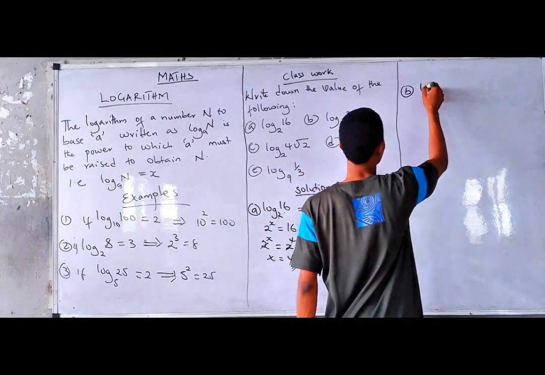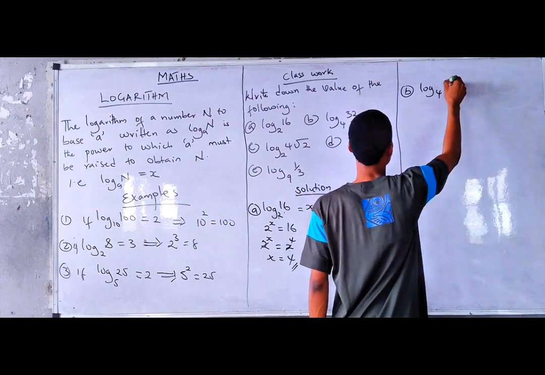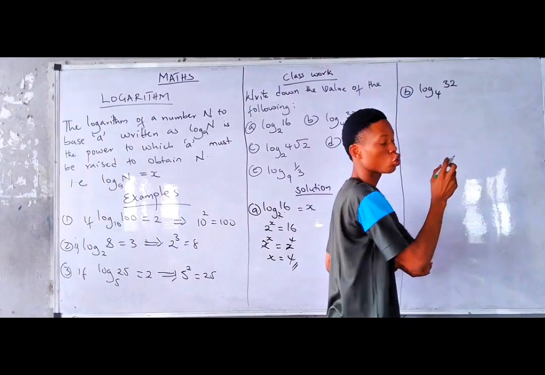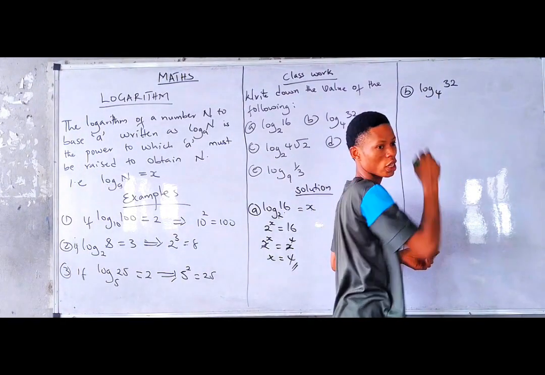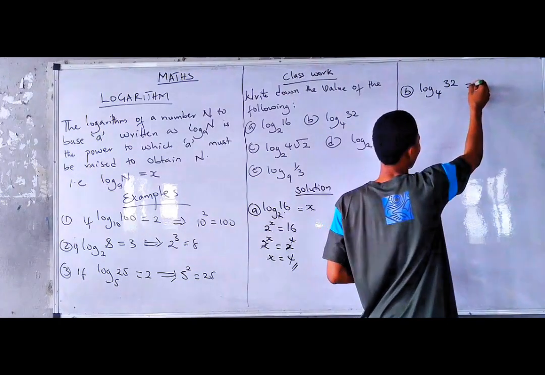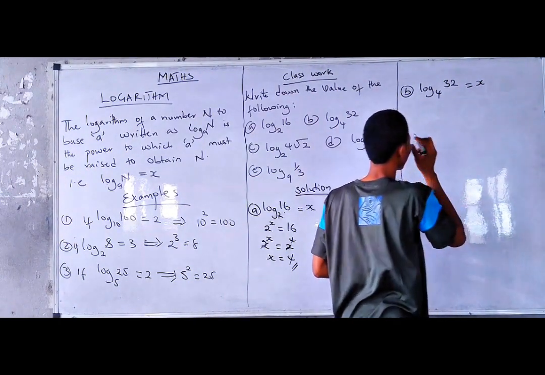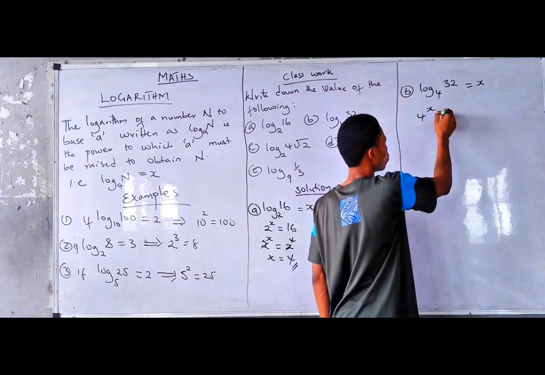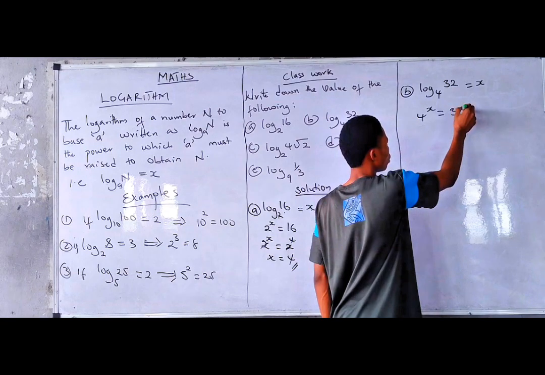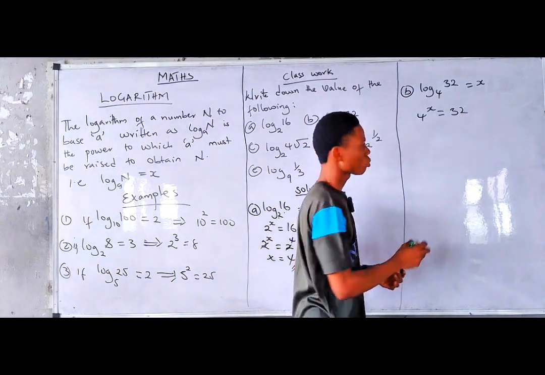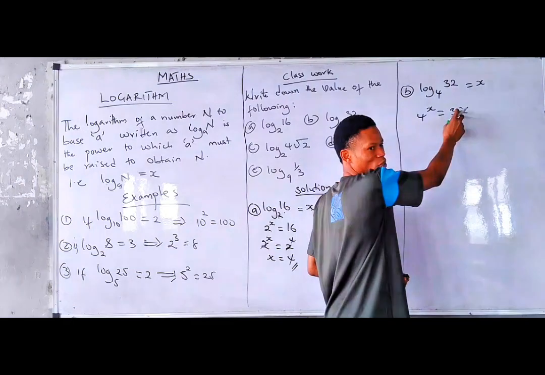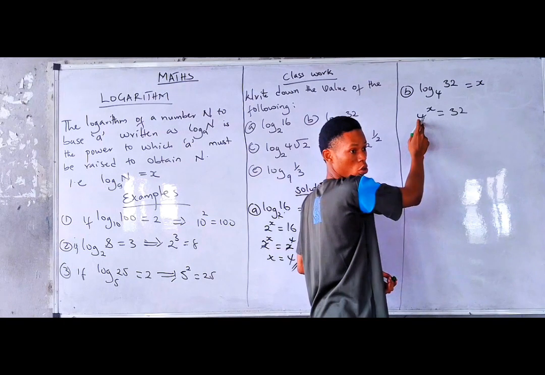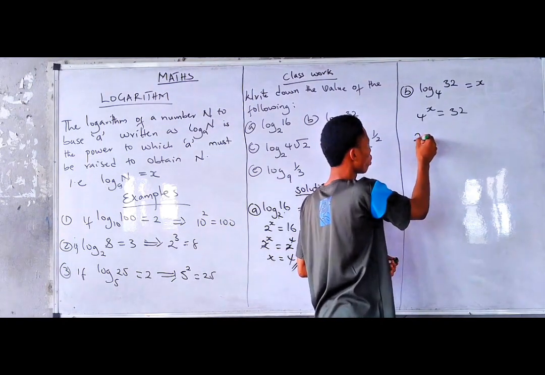B says log 32 in base 4. Now, as usual, 4 raised to power what will give us 32. I said you should equate it to x, right? Equate it to x. Now, it means 4 raised to power x equal to 32, right? Good. But now, 4 raised to power what will give you 32? We don't know, right? But 4 is the same thing as 2 raised to power